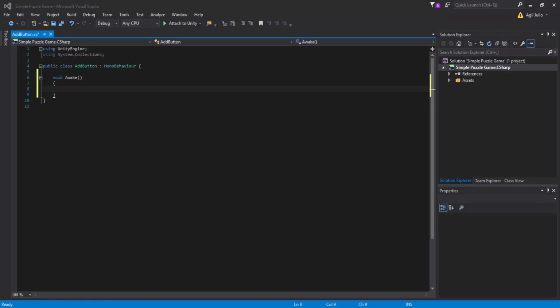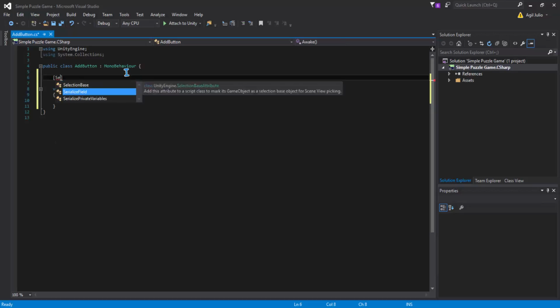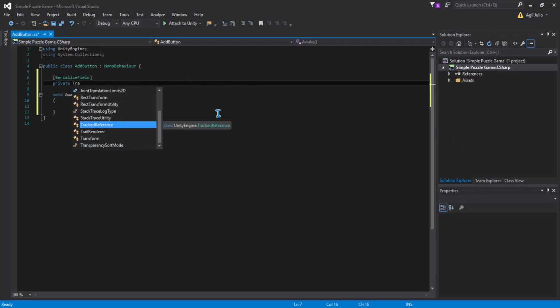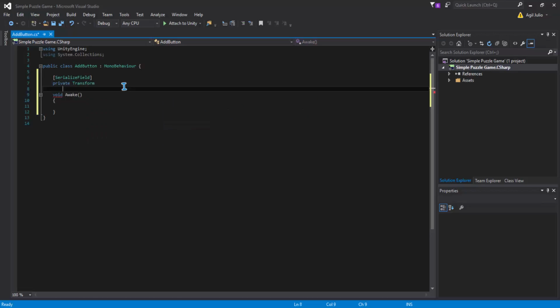Now we need two variables in order to practically lay out our buttons. For that I'm going to make a serialized field and make it private, transform, puzzle field.